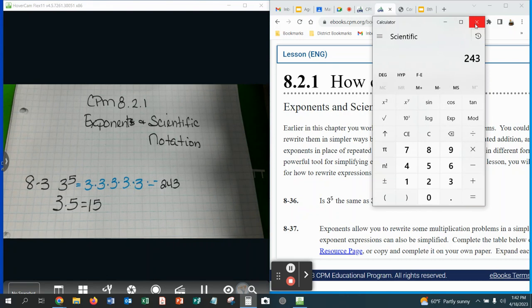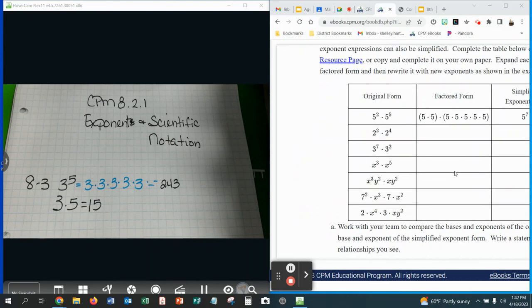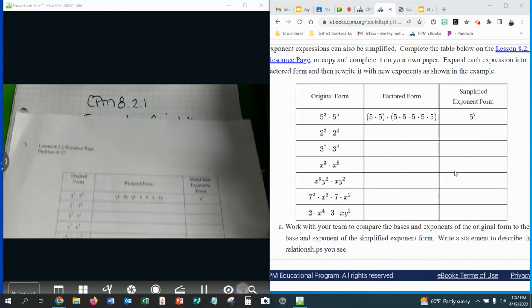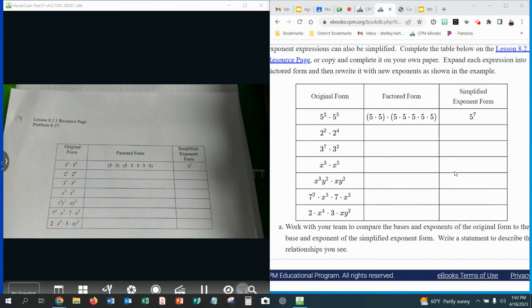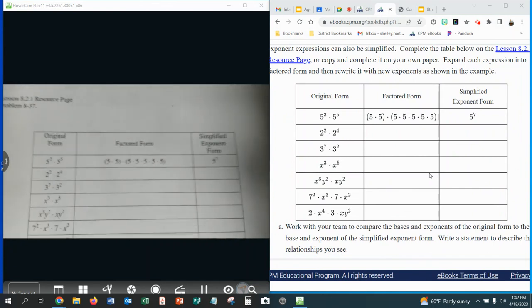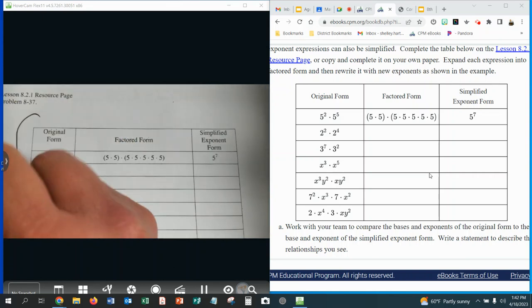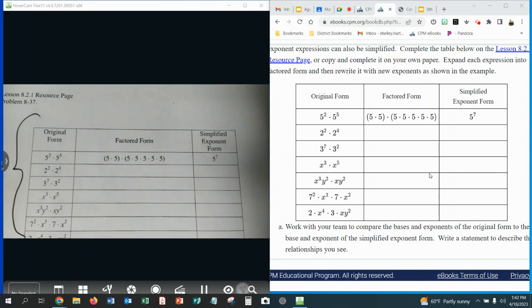All right, now, all right. So we are on our little piece of paper here, which is also right here in our book. So let's just go over this really quick. So what we've got here is the original form, the factored form where we're showing whatever this is, and then the simplified. Now, this is also going to be part of our rules,